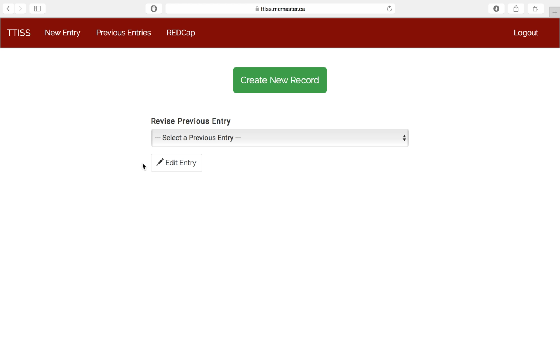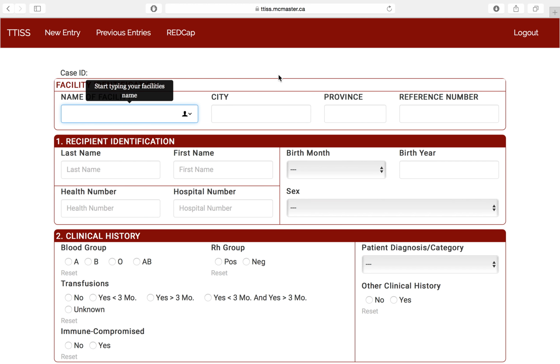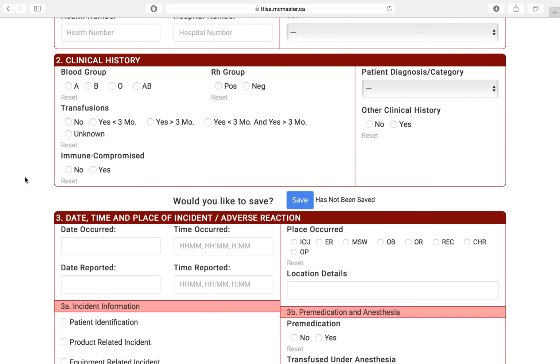It'll bring you to a login screen. I'm already logged in, so I don't have to enter my username and password, but you'll be prompted to do so. And then once you're here, you can edit a previous entry if you want, but we're mostly interested in creating a new record, which you click Create New Record. It gets the information up, and now you can enter all the information for this new record for the adverse